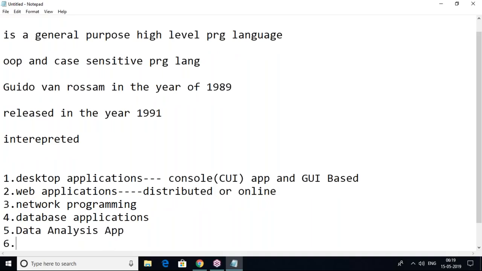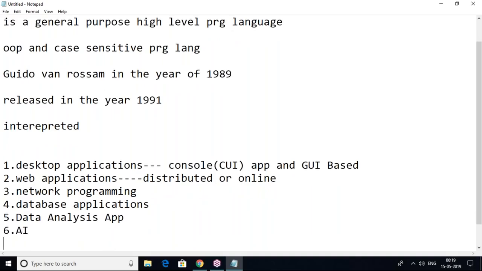Next, artificial intelligence, where we can also use Python, and machine learning. Here also we can use it. So artificial intelligence applications, machine learning, data analysis applications, data science concepts, database applications, network programming, web applications, desktop applications,